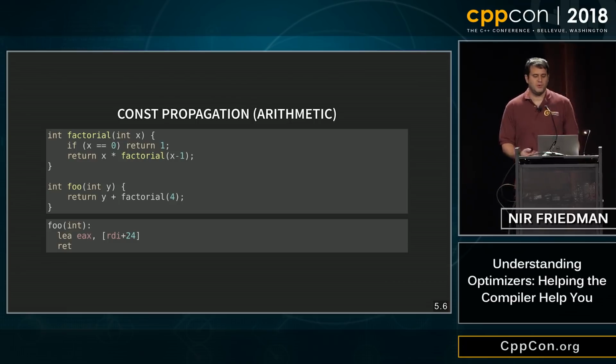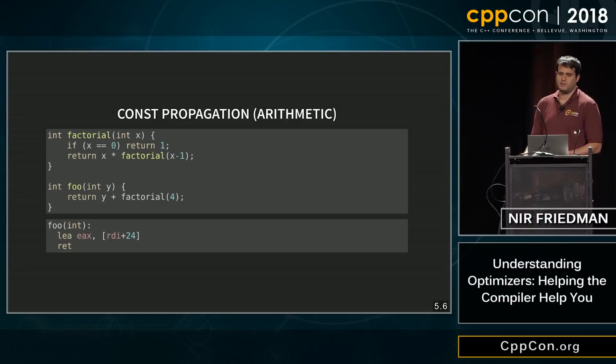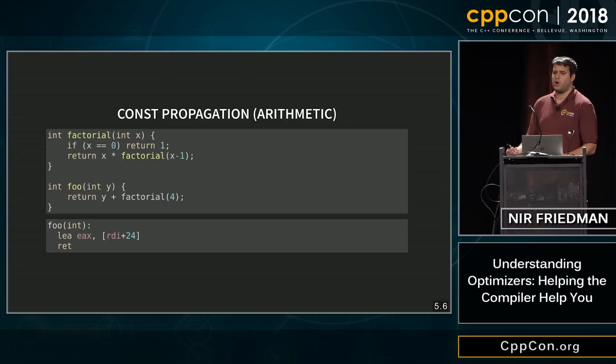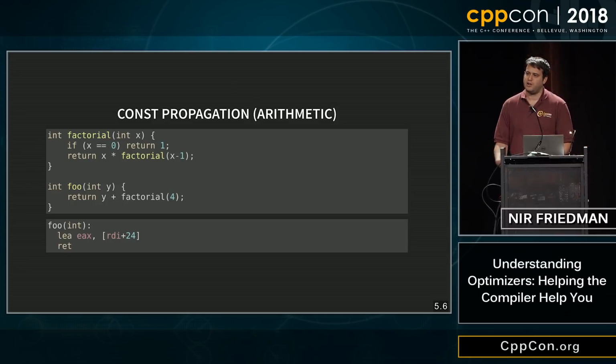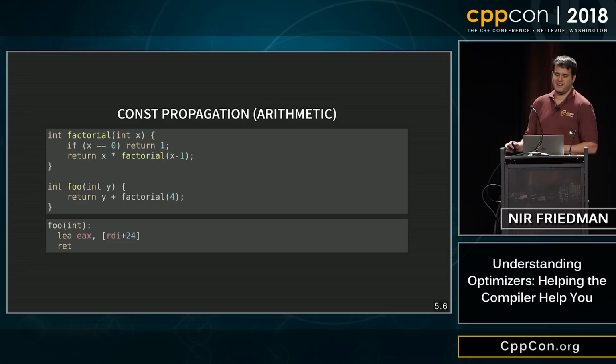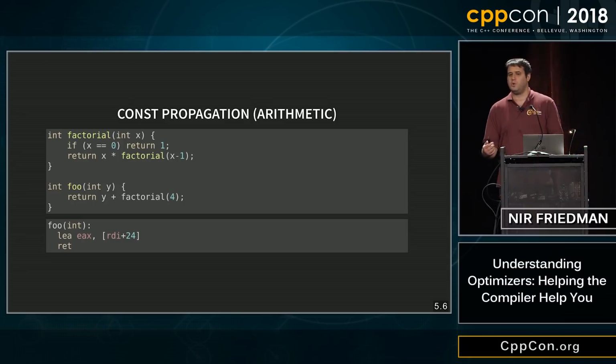It's not just the fact that the call to factorial is gone, but, again, this will sound trite, foo cannot call factorial and get back 24, the constant, right? Because factorial has to be correct for all values of x, right? So once you're actually entering factorial, the main factorial function, I'm not really going to talk about cloning in this talk, but there's a thing called cloning. But once you enter the main factorial body, it has to be correct. So you're not going to get const propagation through a function boundary in most cases. And this is all based on really trite observations, but a lot of people, when looking at code, will be surprised, like, oh, why didn't this const propagate? I mean, that's why.